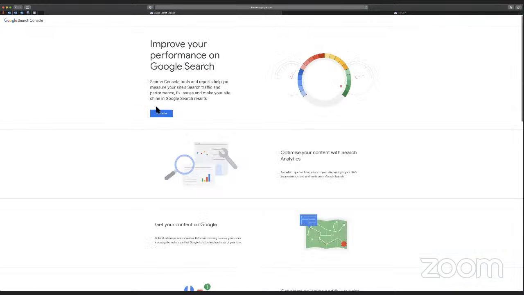So obviously, the presentation took you through setting your website up, getting Google Search Console to recognize your website, and you click this button to get started. So let's hop into a live